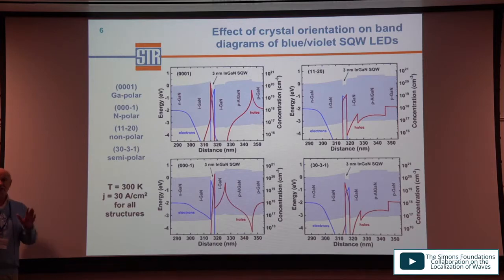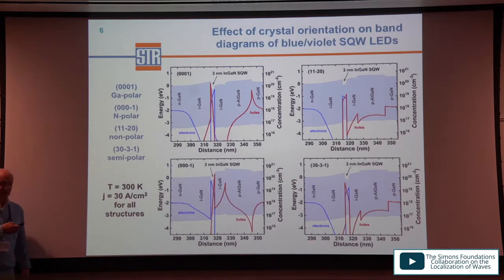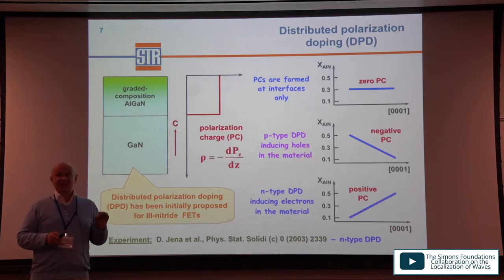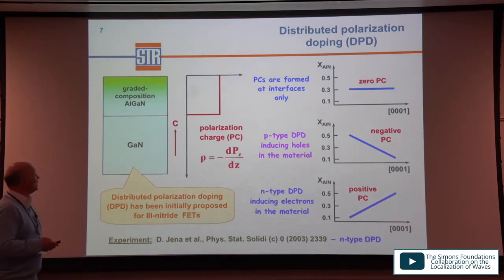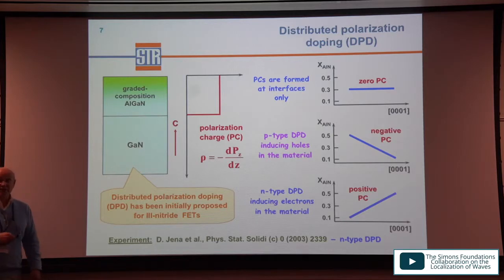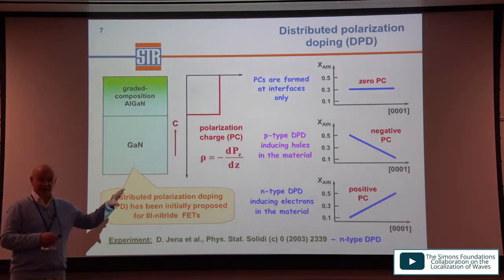So the choice of the inclination angle of the hexagonal axis enables efficient control of the polarization charges at interfaces of the structure. Well, there is one more very helpful property of the polarization charge. If we consider nitride alloys with a graded composition, in this case, the polarization produces a bulk space charge